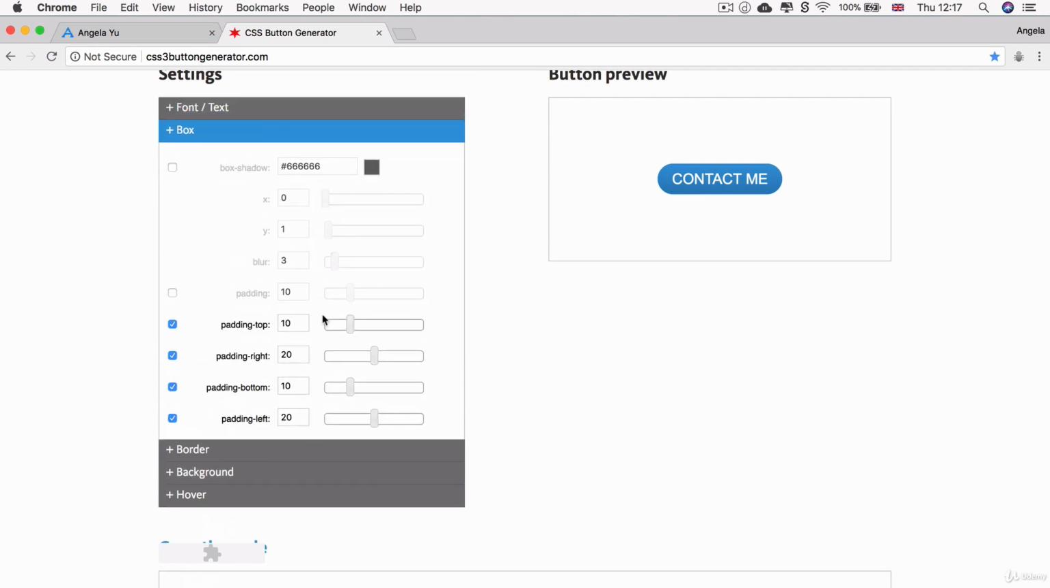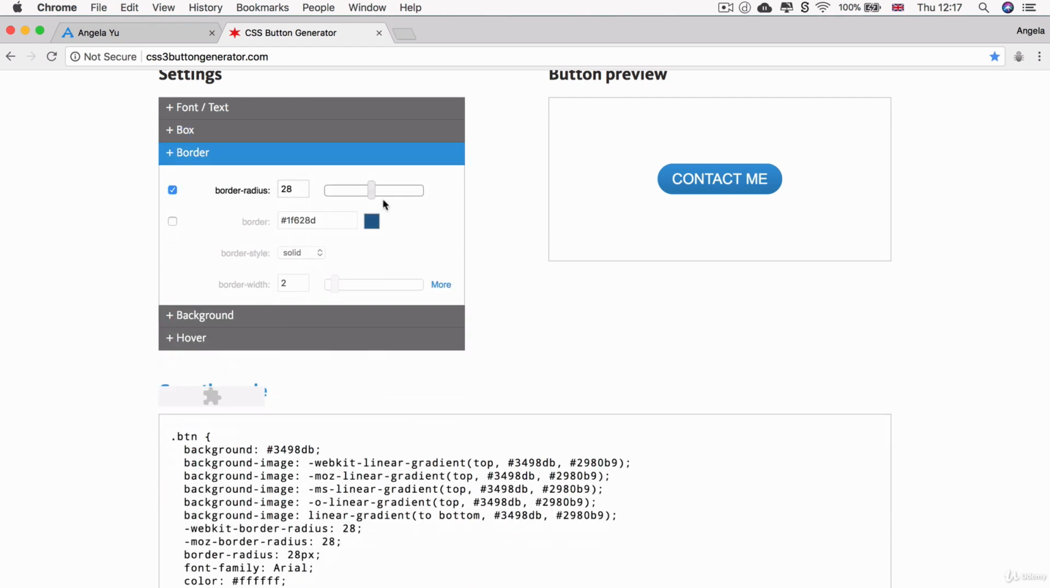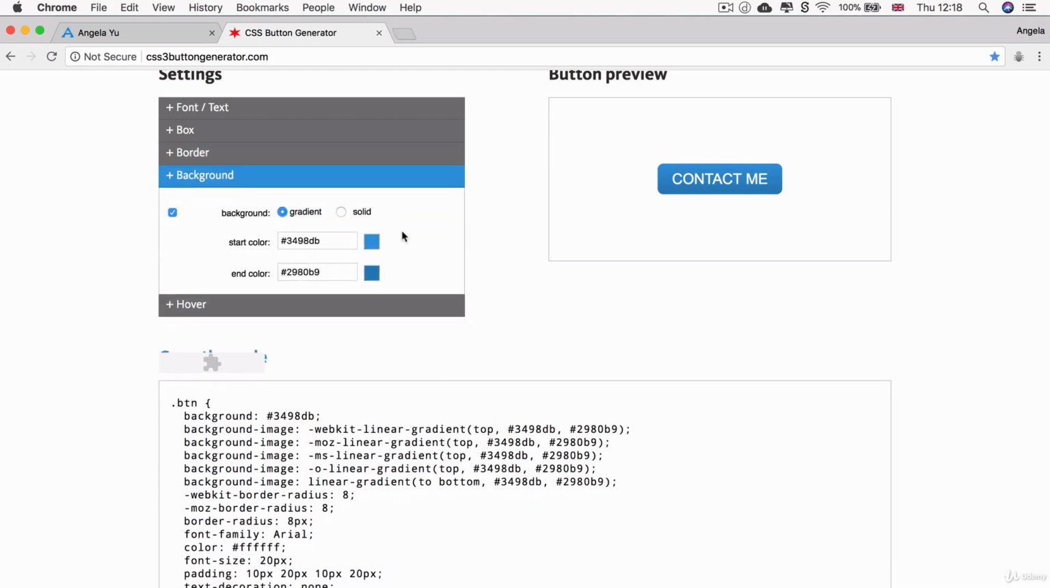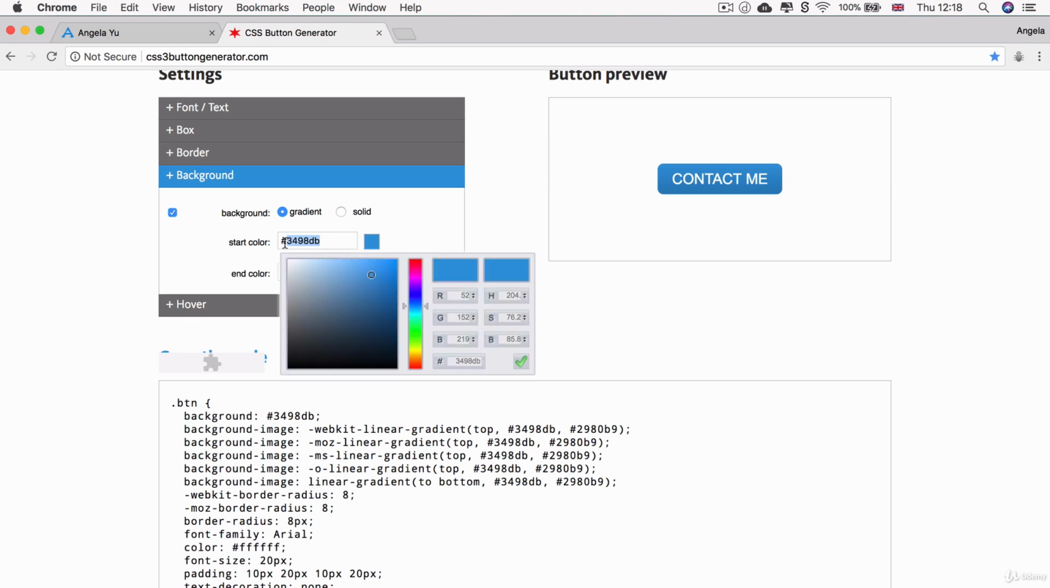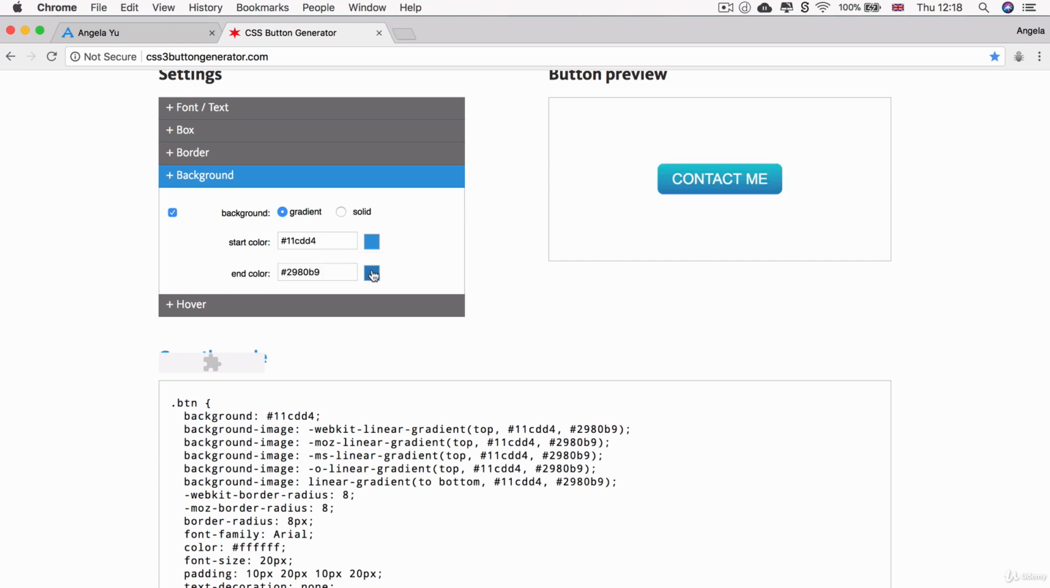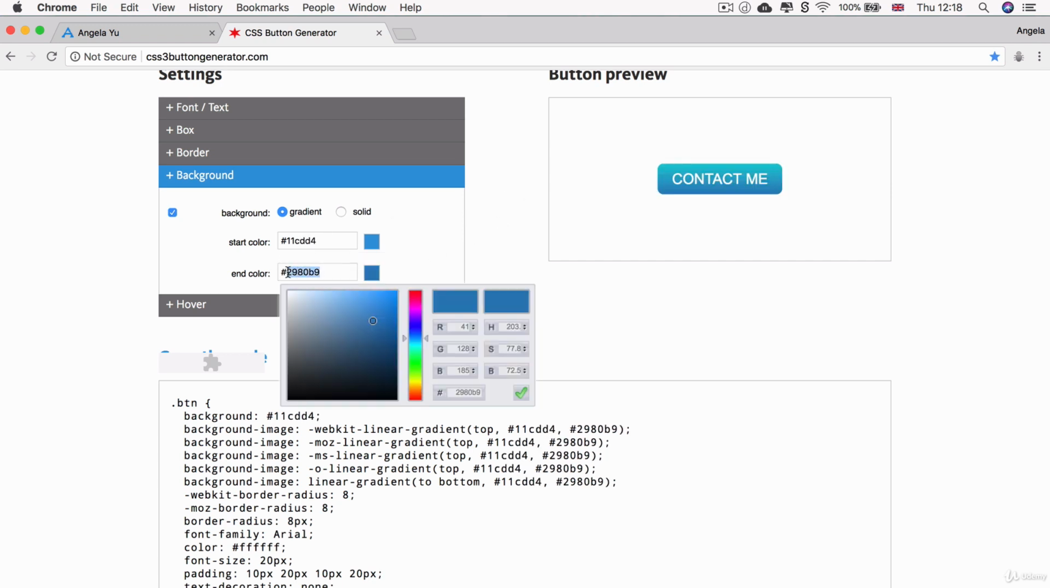Now, we're not going to change anything in the box, but we are going to change the border, and specifically that's the border radius. I'm going to change it down to 8 so that it's a little bit more square looking rather than rounded. And it's not going to have a border, but it is going to have a gradient background. And the starting color for our gradient is going to be 11CDD4. And the end color is going to be